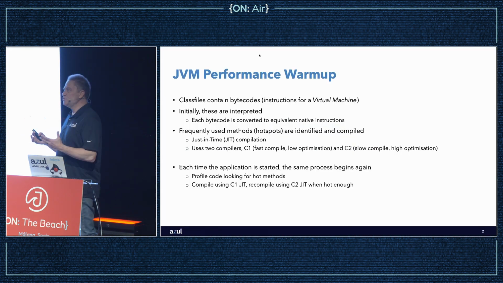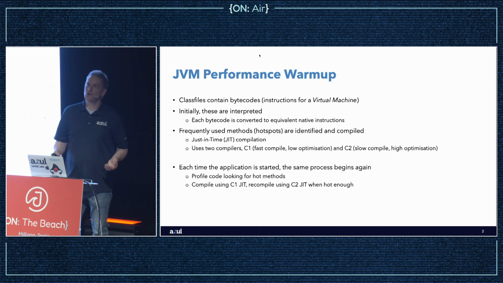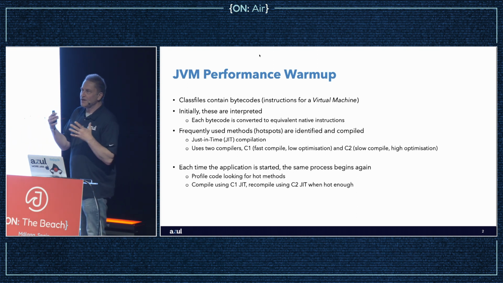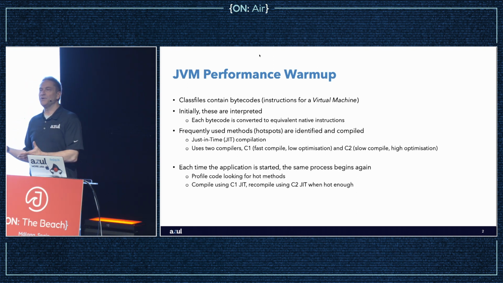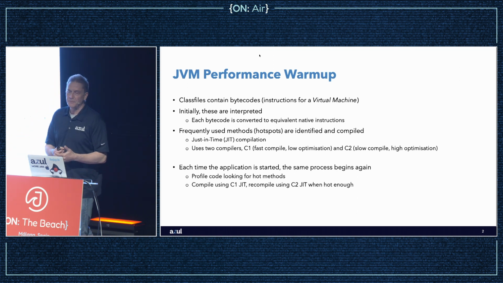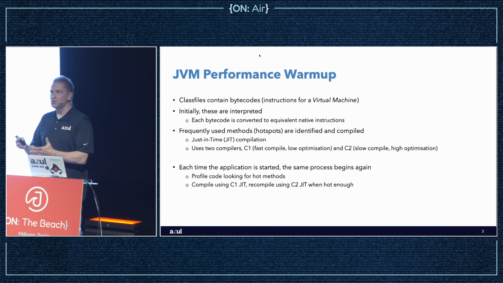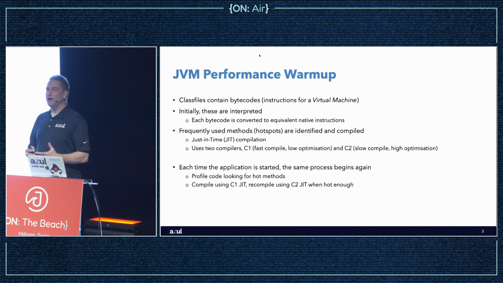Now, the first thing is, if you're using a JVM-based application, so it could be Java, Kotlin, or Scala, any of the languages that can compile to bytecodes, that's really good because Java and the JVM have been very, very popular for the last nearly 30 years. But what we find is the way that works is very good for scaling, very good for being able to run cross-platform and write once, run anywhere. But there are certain things about how that happens that are very important when we think about deploying into a